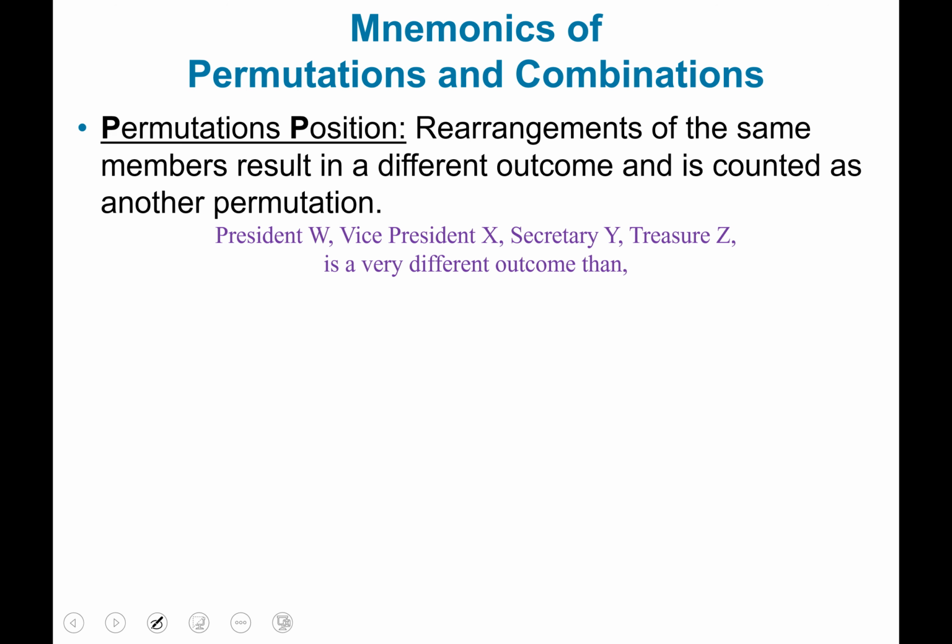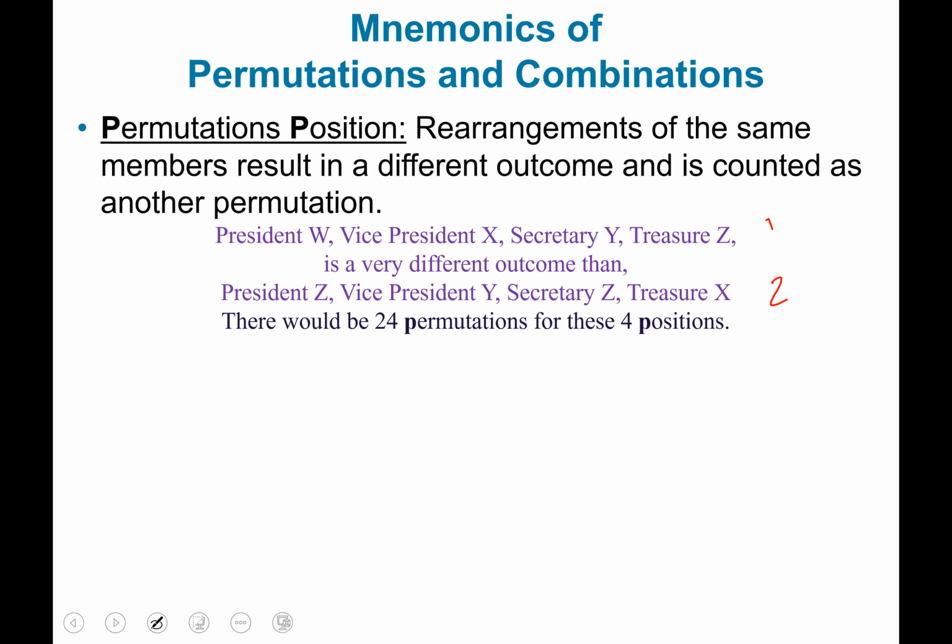That would be a very different outcome than if Z person was the president, Y person was the vice president, Z person was the secretary, and X person was the treasurer. This is a very big difference, and in that case, you would count these as one permutation and then a second permutation, and every time you rearrange them, you would keep counting them as different permutations. And for this particular case, there would be 24 permutations in all for those positions. If you're curious where that came from,